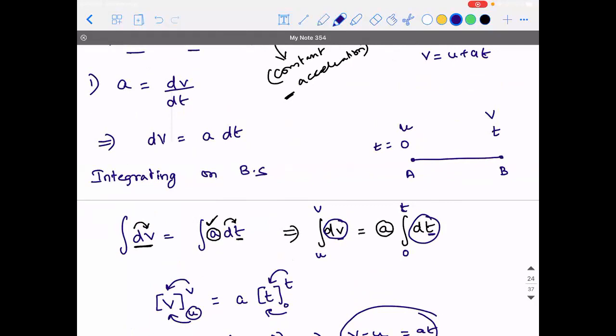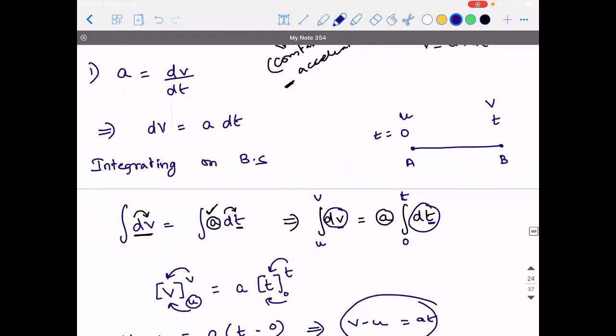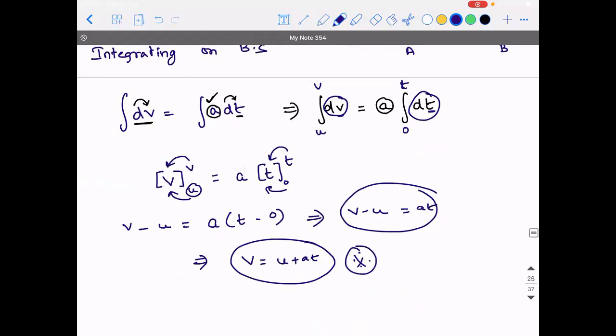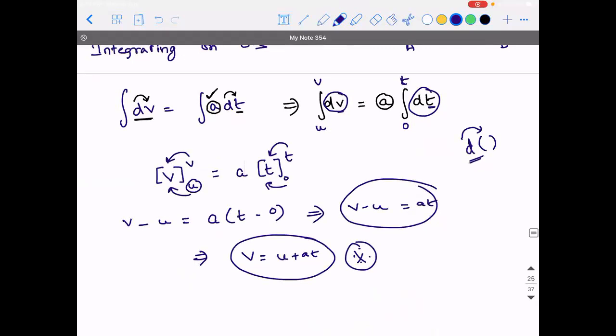Sure. For taking the limits, you should always look at the variable. So how will you know which is a variable? You need to look for the term d and the term inside it. Whatever is inside the d is a variable. I hope that point is registered, right? If you observe, the right-hand side variable that I have is time.